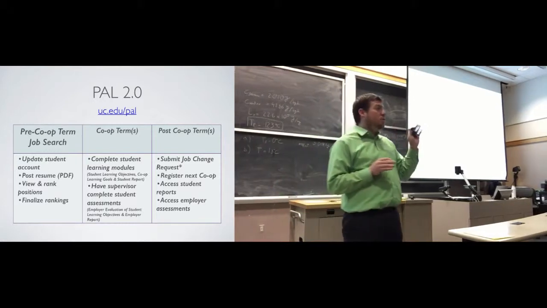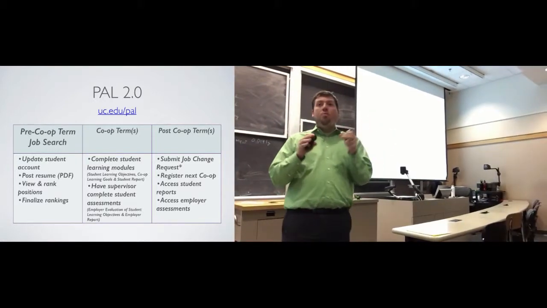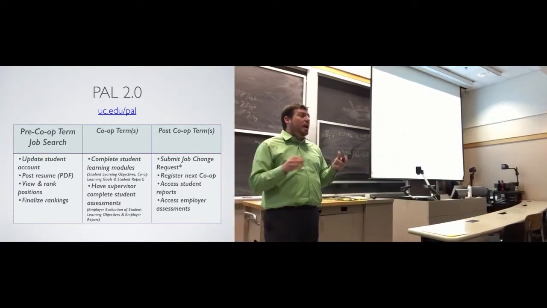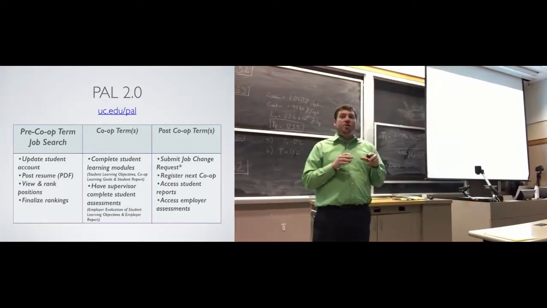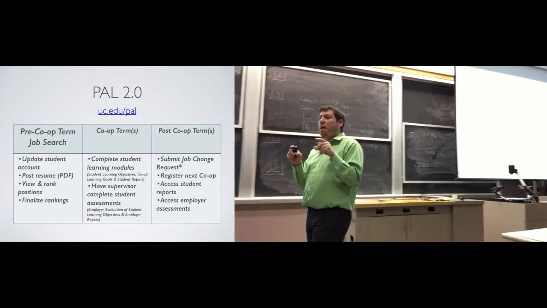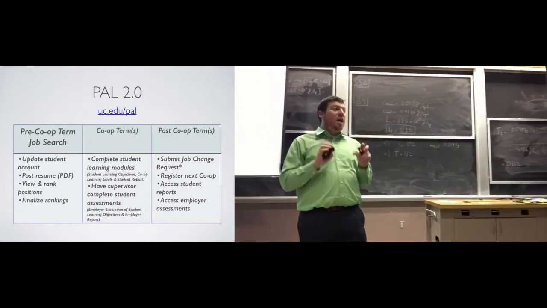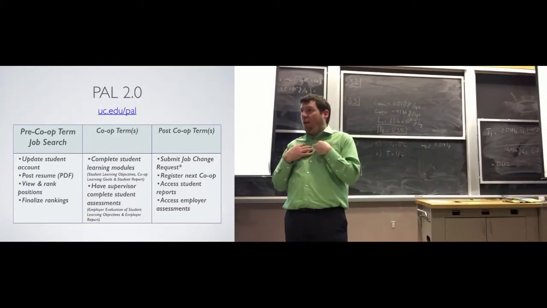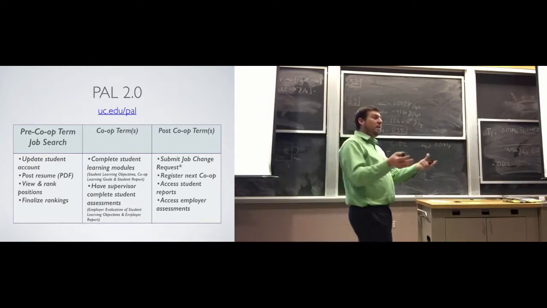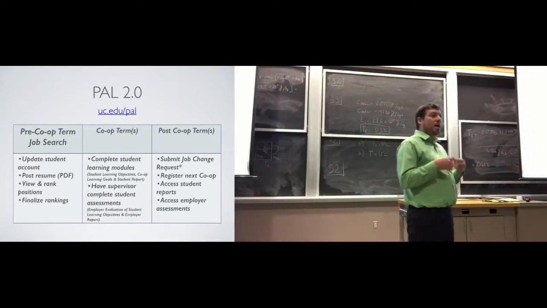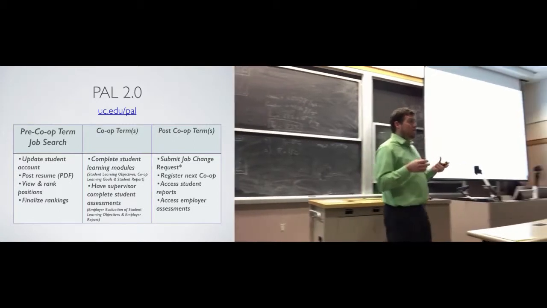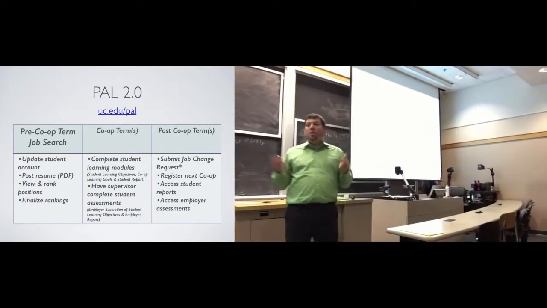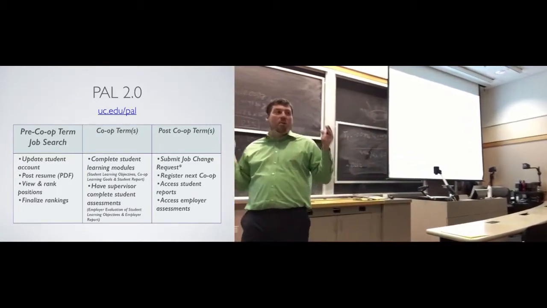Ranking of positions is a 2-step process, all right? You go through the 200-plus jobs, and you click on the ones that you're interested in by saying very interested, and then you hit a button that says finalize rankings. If you don't do the finalize rankings, I'll never know that you finished. And when you click finalize rankings, it comes to me, and I release your resume to employers. That's how they get your resume. After that process is done, you sit back and you wait for the phone calls to come in.